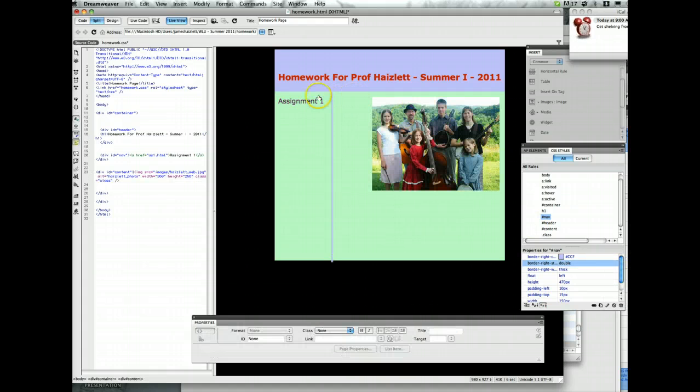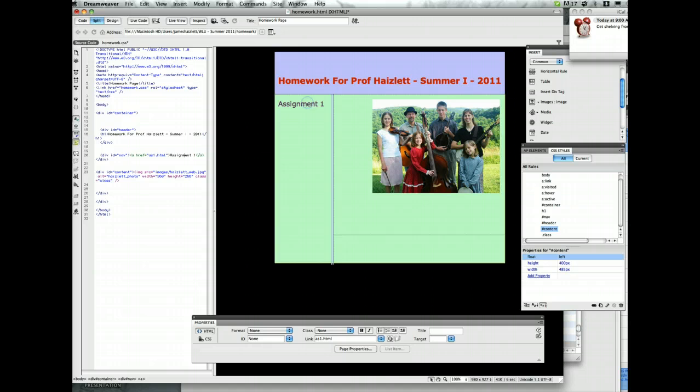Alright, so we got a picture in, we've got homework for Prof. Hazlett, summer 1. Okay, let me go back to live view here a minute. The assignment has a link of as1.html, but that file does not yet exist, and we've got a little bit of time here. So what I'm going to do is make that file,